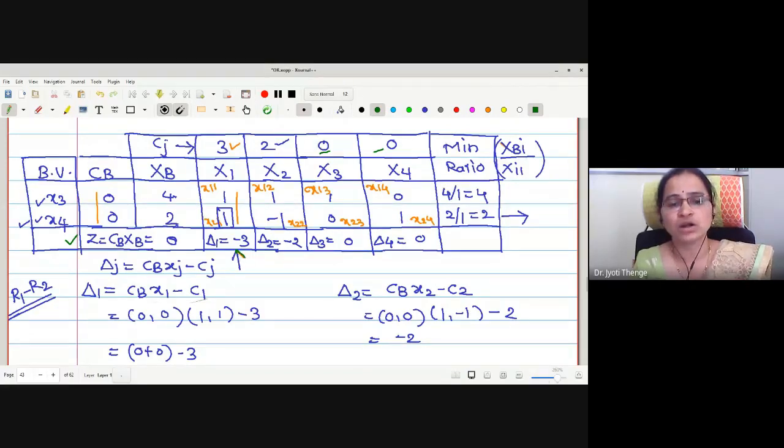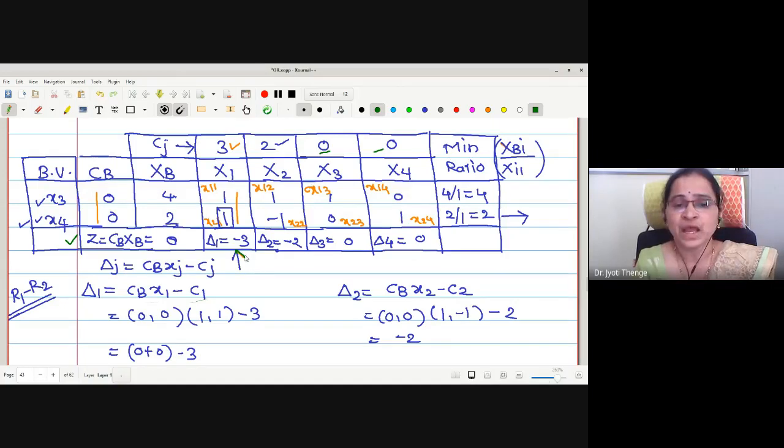Then this is not an optimal solution. Therefore, we have to improve the solution by changing the basic variable. In order to change the basic variable from x3, x4 to some other, we have to check which variable will give us a better value of the objective function. Therefore, the algorithm says that the variable corresponding to the most negative delta j will